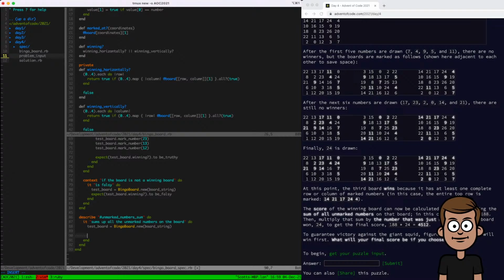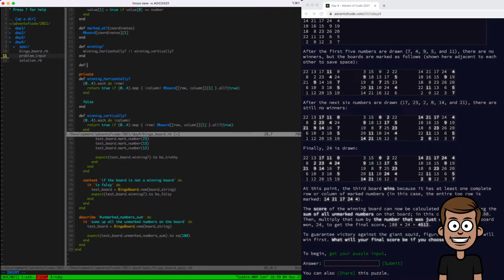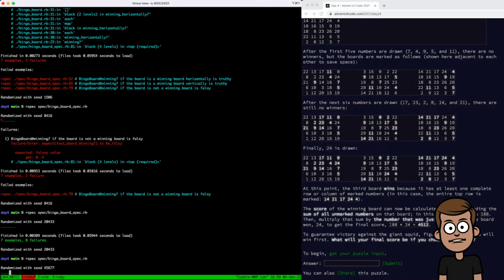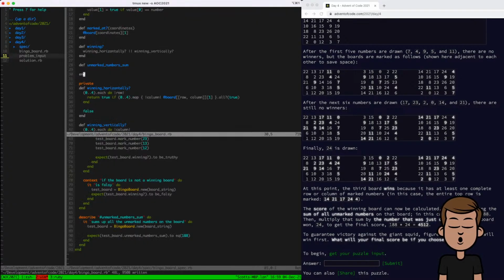Test expect test board dot unmarked numbers sum. That's what I'm gonna call it. Yep. To equal 188. And if unmarked numbers sum, it's gonna fail. Let's do